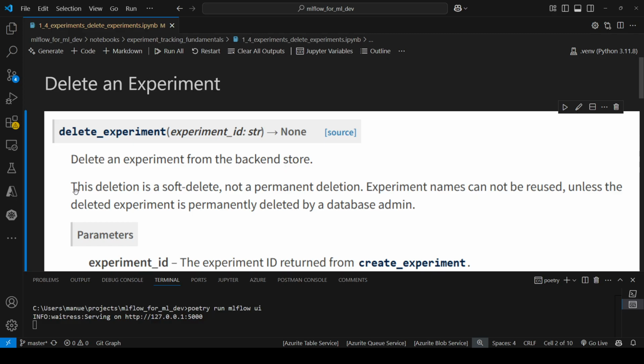It says that the deletion is a soft delete, not a permanent deletion. Experiment names cannot be reused unless the deleted experiment is permanently deleted by a database admin. So what this documentation is trying to say is that when you use this method, what we are doing is changing the status or the lifecycle stage to deleted, right? We cannot use the name of the experiment that we just deleted because the experiment is already present in the